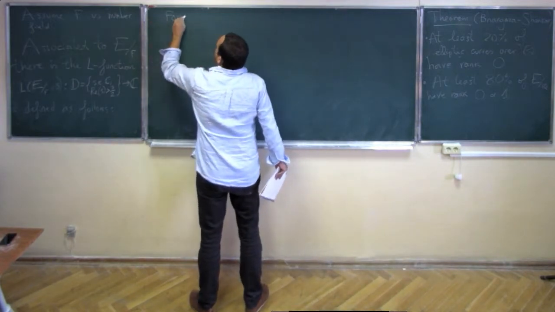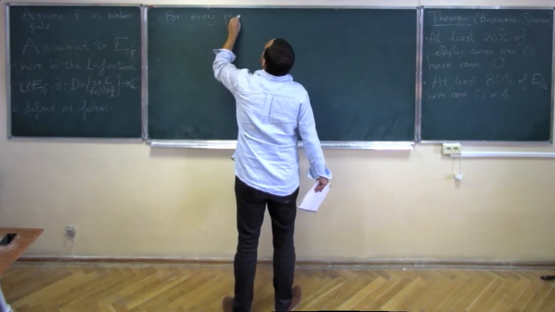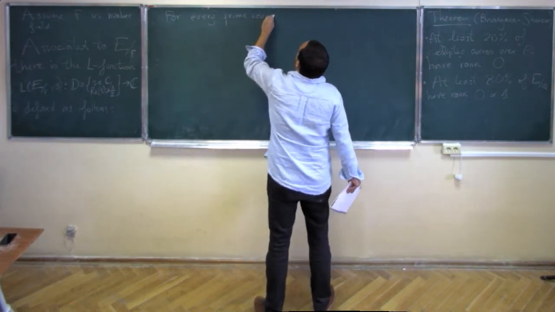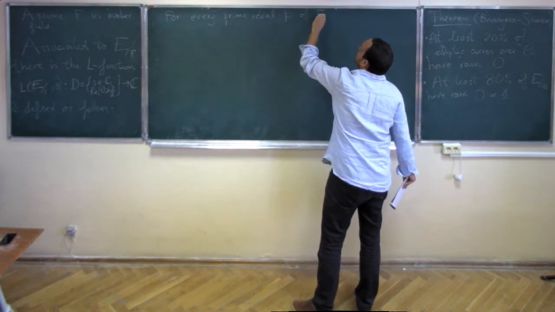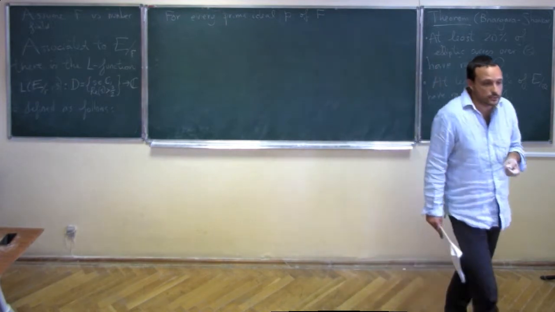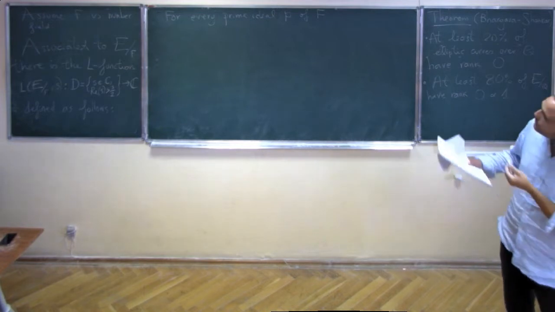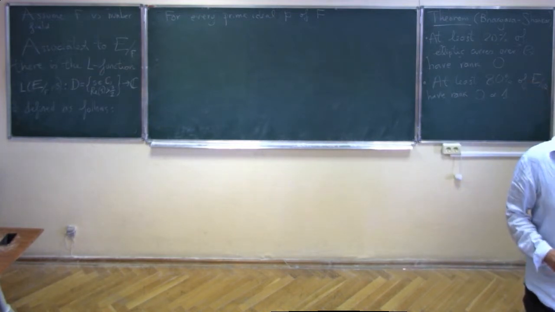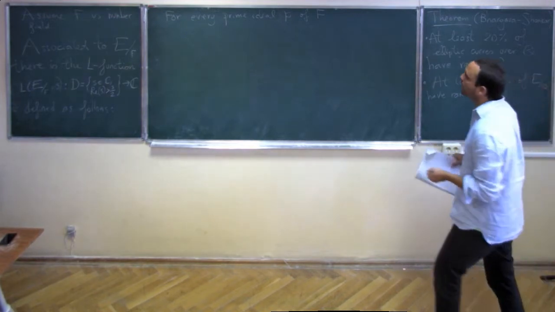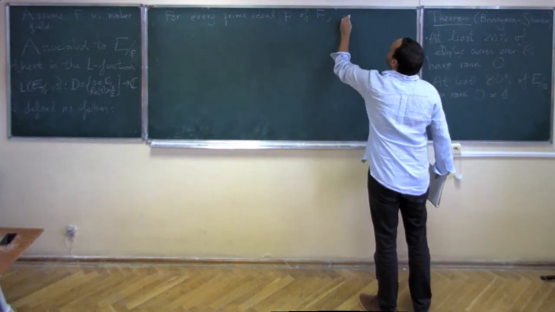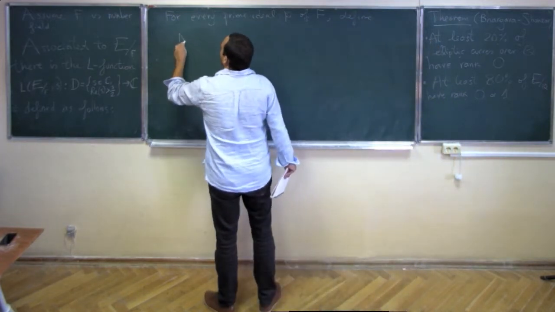For every prime P, so for every prime ideal P of F, so if F is the field of rational numbers, I just mean for every usual prime number, okay? And if you know what a prime ideal in a number field is, it's just the same. Otherwise, just stay with the rational numbers. For every prime ideal P of F, define the norm of P